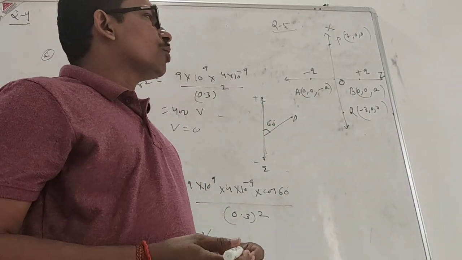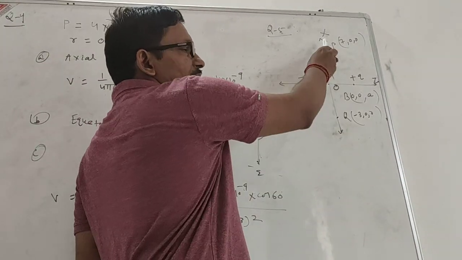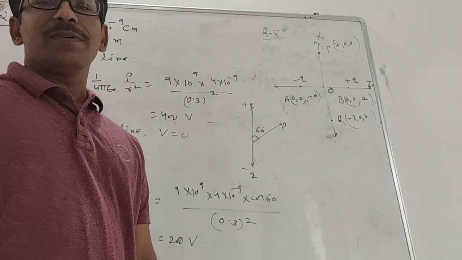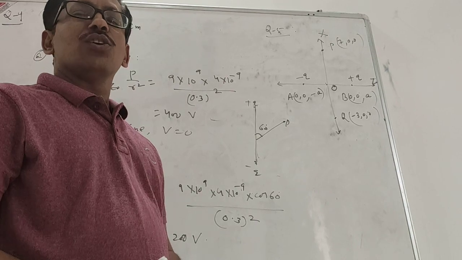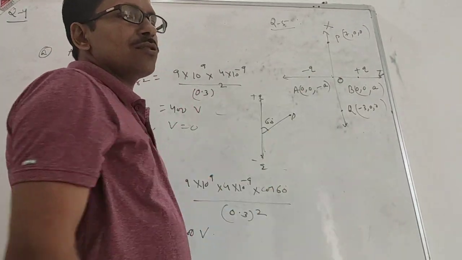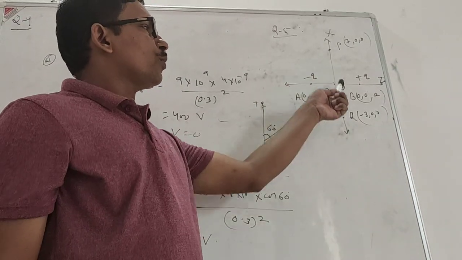And you know, on the equatorial line, the electric potential is 0 at each and every point. So here potential 0, here also 0. No potential difference. As there is no potential difference, no work is done to move the charge from one point to another. So the work done in moving the charge from point P to point Q